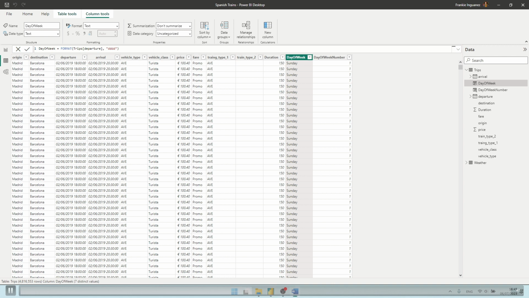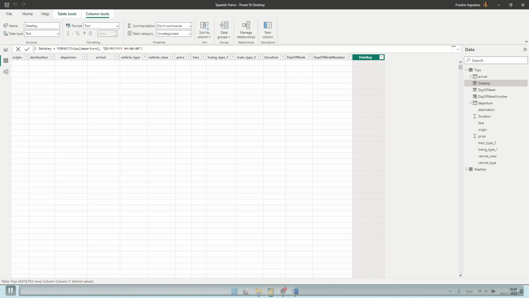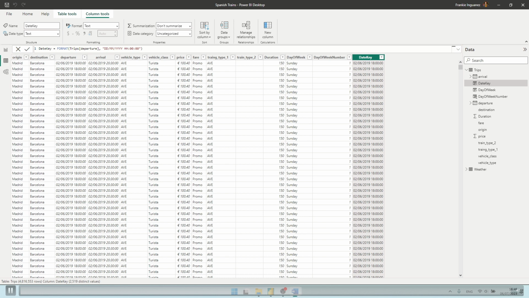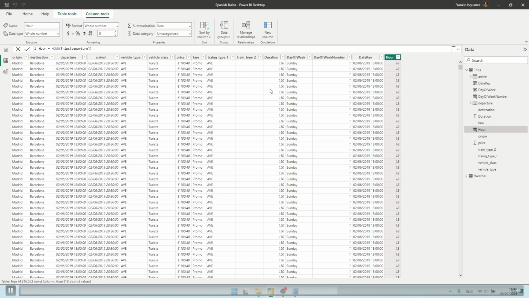Next, we need to create a date key. This date key will be what is used to link our two data sets. So after clicking on new column, we input this formula where we extract the departure date in a very specific format. We're going to add one last column, which is the hour information. Okay. So with the report ready for trips, we are going to move on to